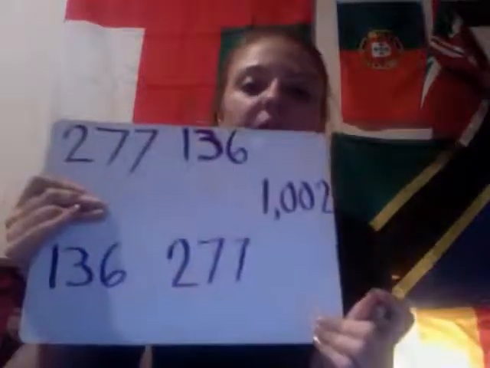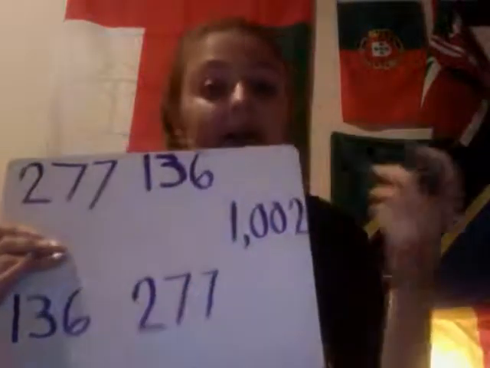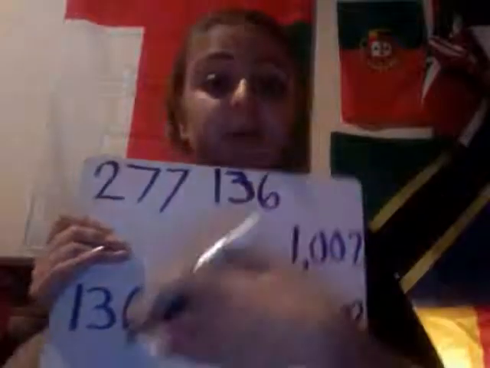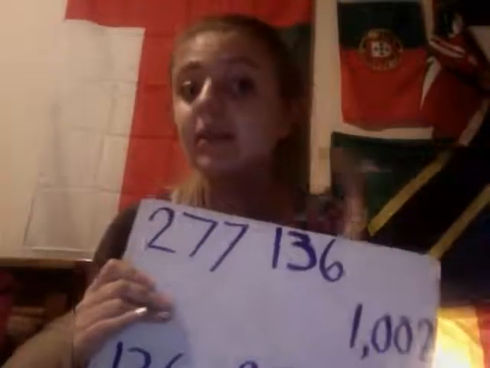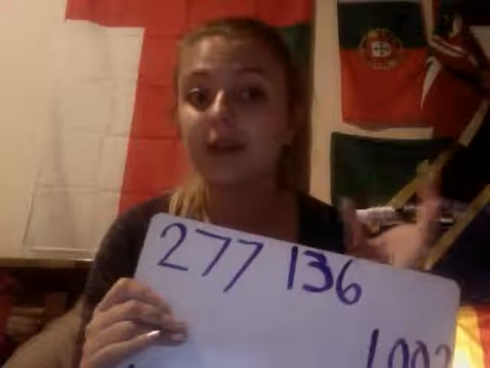So our next one is going to be 277, which means our last one and the greatest number is going to be 1002. Okay? So that's putting numbers in order from least to greatest. And remember, least means smallest, greatest means biggest. All right, now,